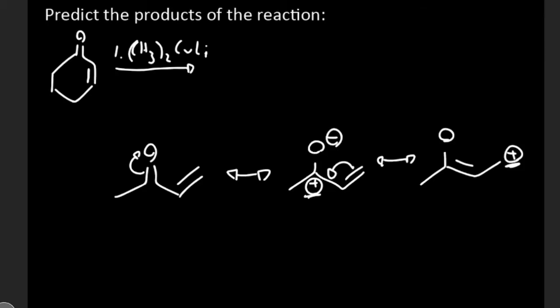So whenever we're doing attack, we have to ask ourselves, is it going to attack at the carbonyl carbon, which would be right here, or is it going to attack at the beta carbon? Because both are electrophilic. Now, how do we distinguish between these two regions? On the carbonyl carbon, it would be called a hard electrophile, meaning that the positive charge is pretty concentrated around the carbonyl. But the beta carbon is what we call a soft electrophile, meaning that its positive charge is relatively dispersed through